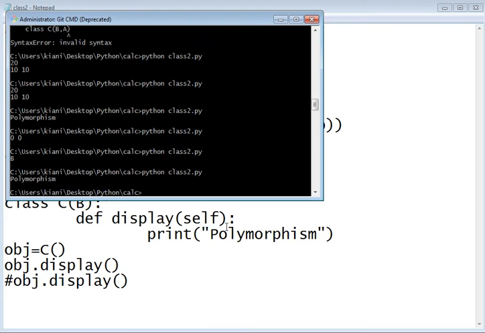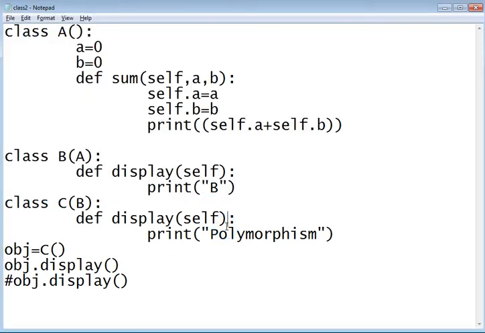Polymorphism means multiple outputs with the same interface. The interface is the same, display. Obj will call display. It does not know whether this display is B display or A display or C display.